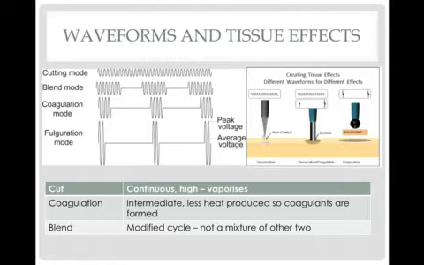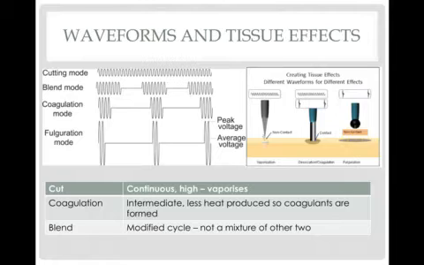So if you want to cut through tissue rapidly, the best way to achieve that is by using the non-contact cut waveform. So for cutting, the best way to achieve cutting with diathermy is to keep your electrode close but not in contact